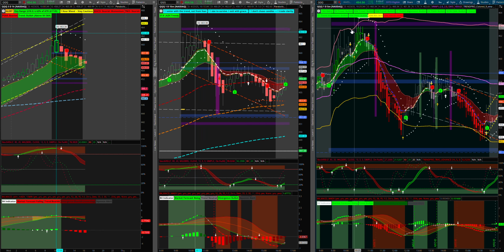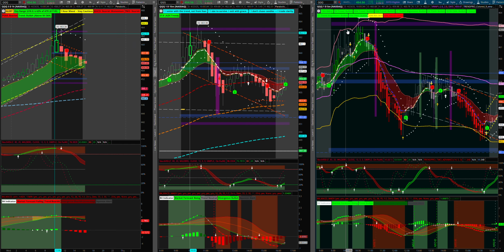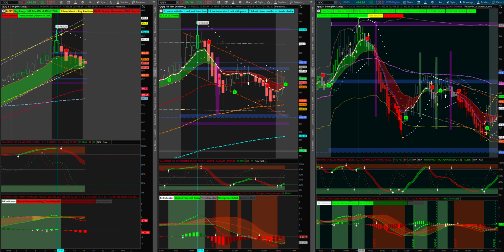One, on my 5 minutes chart right here, I have the anchor VWAP. As you can see on the anchor VWAP here, the price went through at, I'm sorry, at 10:35. That's Eastern time. 10:35. It went through the anchor VWAP. This is where you could target to take your profit, or this purple, lovely purple box that I have here,